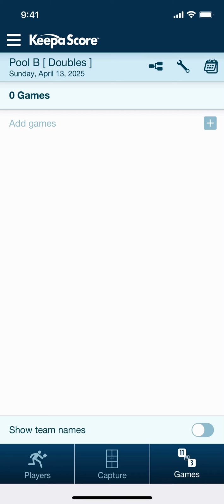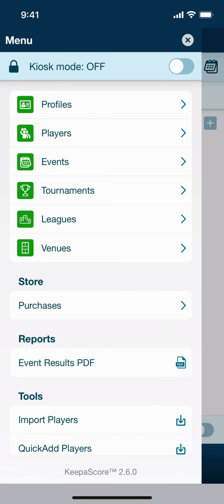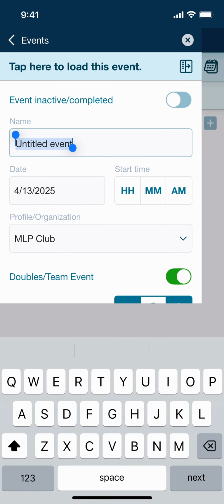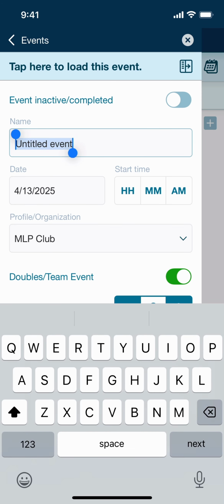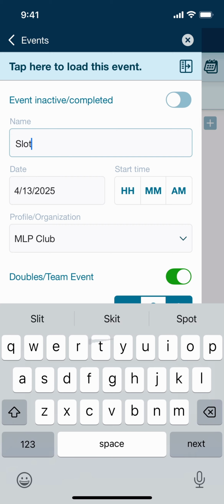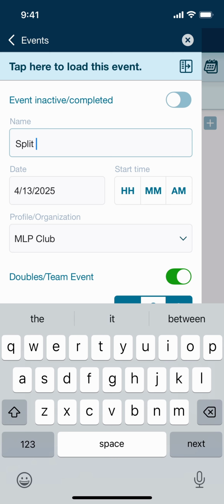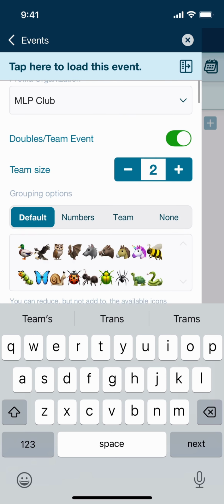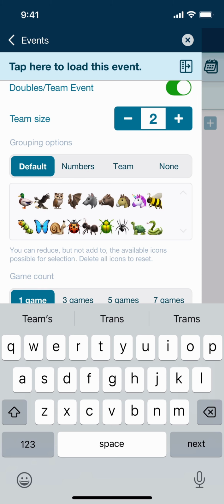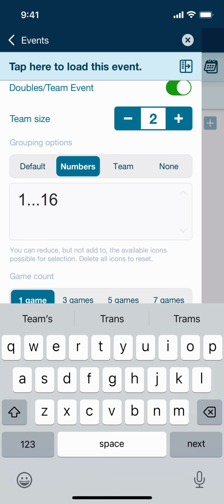But let's talk about the individual format where you don't have teams that are going to stay together. I'm going to create a new event here. And again, create as many events as you need. I am going to call this split, not slot. Let's see if split comes in there, and then we'll call it teams. So split teams is when you initially get your highest ranked players, and you're going to put them on the top court, and then you're going to do that all the way down to the bottom court. Numbers. Right there you can see in the grouping options, numbers is what you want to use